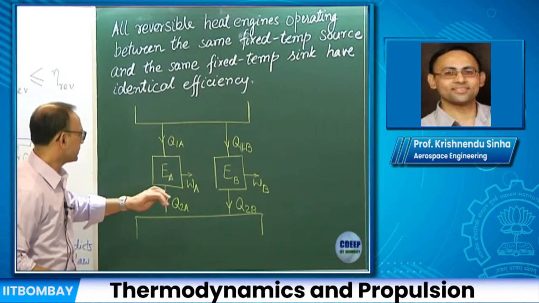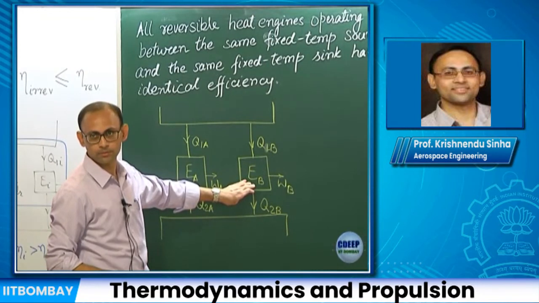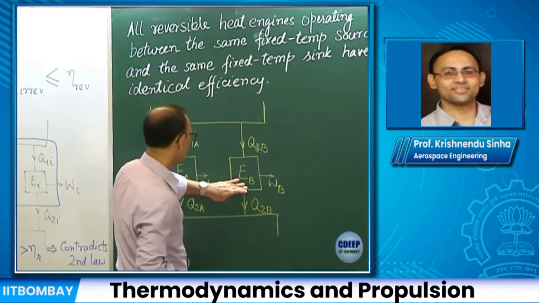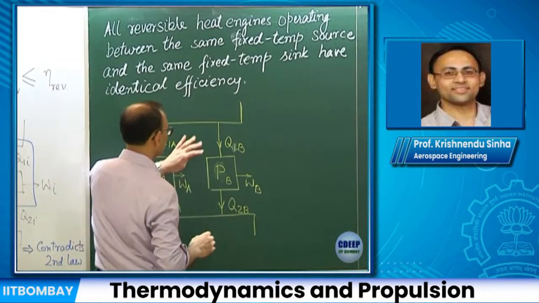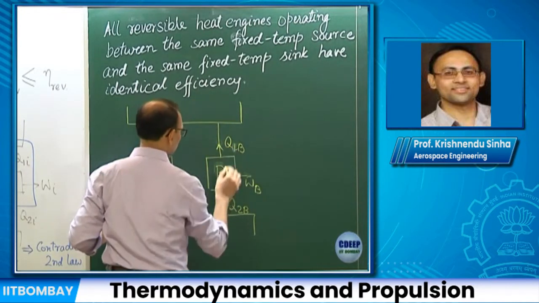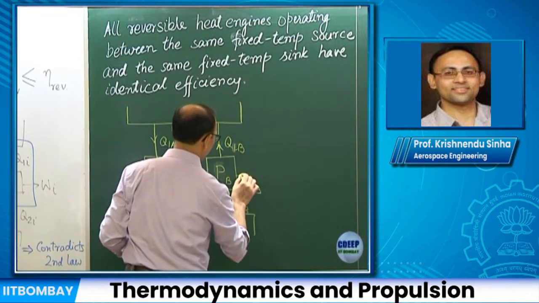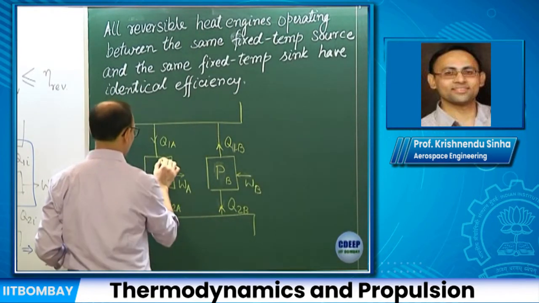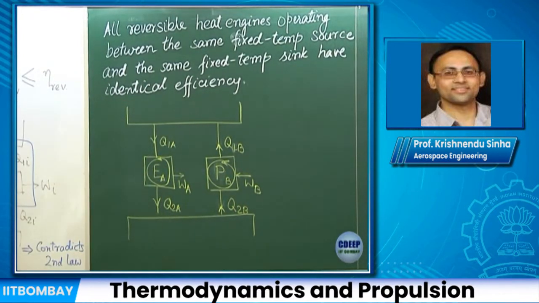So let's invert the one on the right to make it into a pump. And if you allow me to erase and do this in the same picture, I would invert the direction of the arrows, keeping the magnitude the same. And to complete the picture, let's show the cycle around E and P. And if we follow the same argument that we did last time,